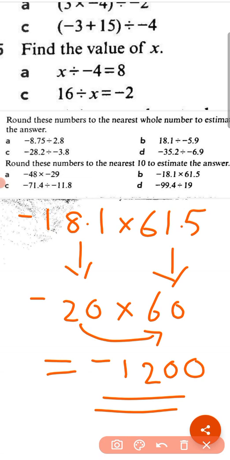If it is a decimal number, which has tenths, hundredths, thousandths places, then replace these places also by zeros. If the ones place is greater than 5, then you add 1 to the tens place and replace the other places by zeros. Other places means ones, tenths, hundredths, etc. Okay.